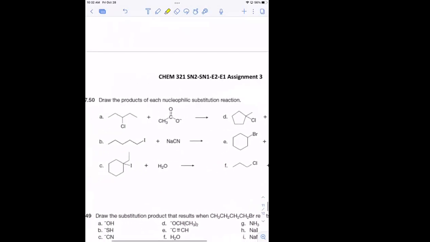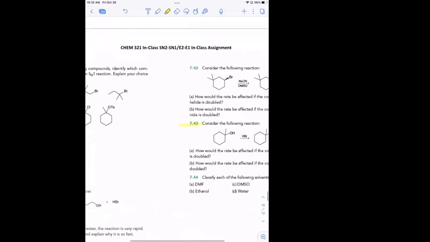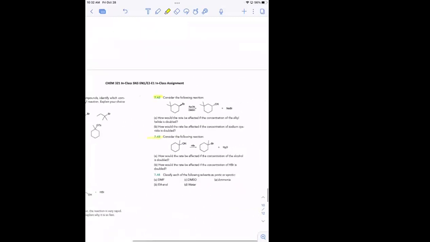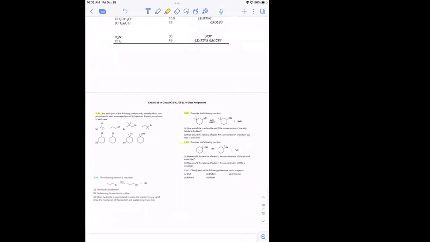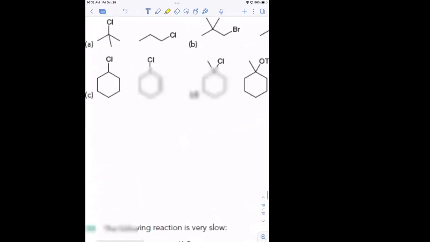And let's work through 750. Let's do those. And then if we have time, I'll introduce E2, the E2 mechanism, and then we'll stop. All right, so for 741,